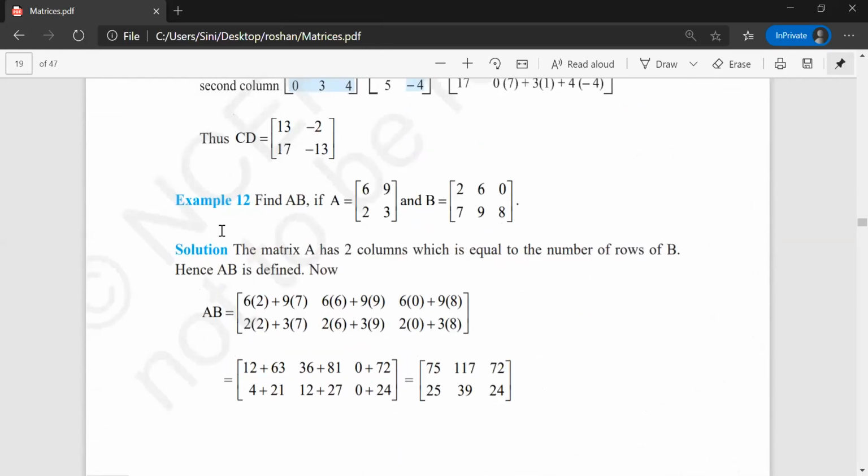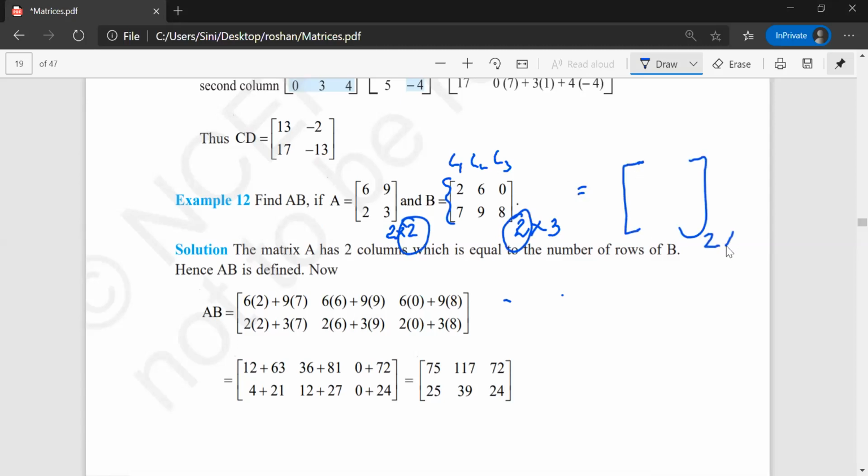Yes, this is a perfect question which will help us understand each and everything. Here I am writing a 2 by 2 matrix. What about this? This also has 2 rows and 3 columns: column 1, column 2 and column 3. 2 by 3. So what is my end product here? This is the same, 2 by 2. So I'll get a 2 by 3 matrix in this. Now I'll show you how to multiply.